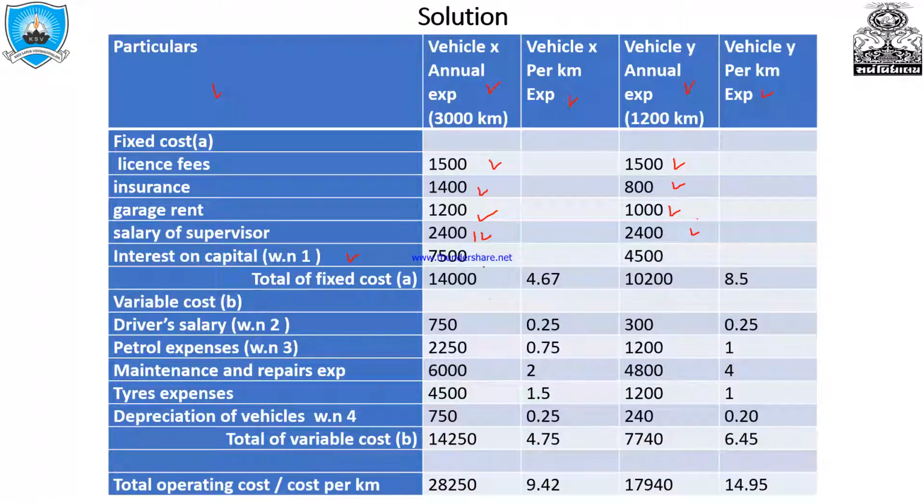Both put in this column annually, 7,500 and 4,500. Now the sum of vehicle X annual expense, fixed cost and total, is 14,000. 14,000 divided by 3,000 annual kilometers, and the value arrives at 4.67. So the per kilometer fixed expense of vehicle X is 4.67